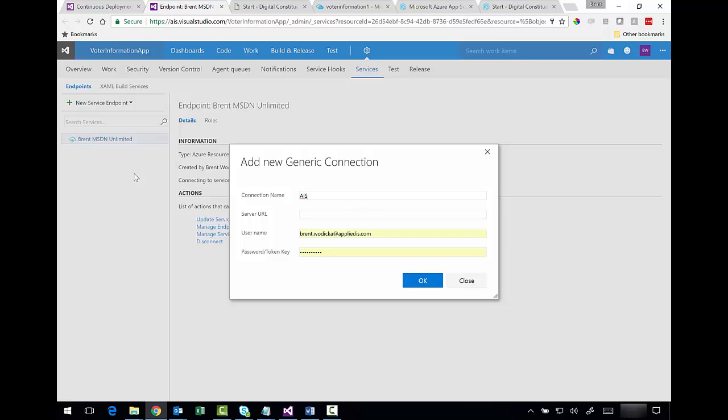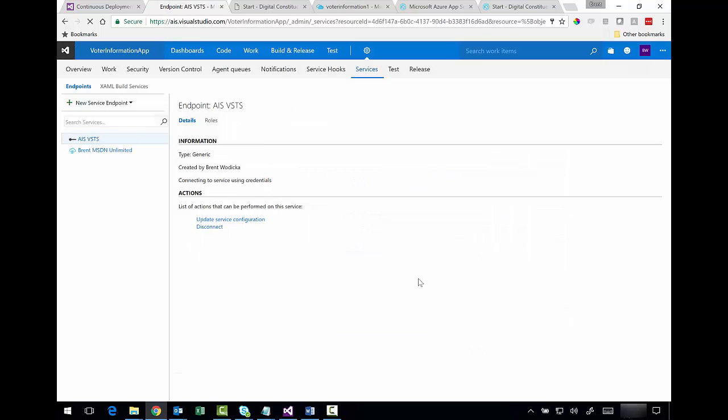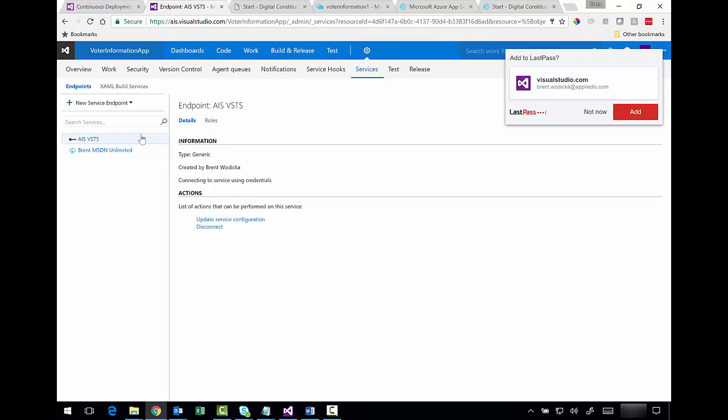These are some hoops that you have to jump through that you probably shouldn't in this case, being that you're in the VSTS namespace already. But I'll provide this generic connection. I'll click OK. And now that should be available